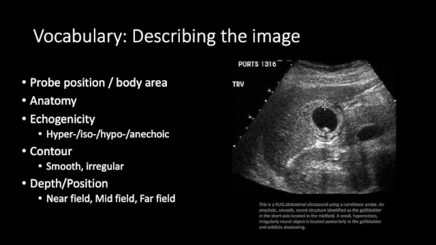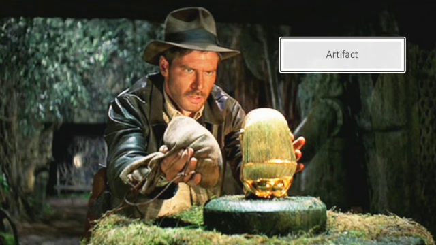And so these words in combination help us determine what we're looking at and help describe the image, and overall help us determine whether or not there's some pathology that we need to be addressing. So now that we can use these words to describe what we're seeing, we're going to move on to talking about ultrasound artifact, which is one of my favorite things, and I get to combine it with one of my favorite movies as well here,